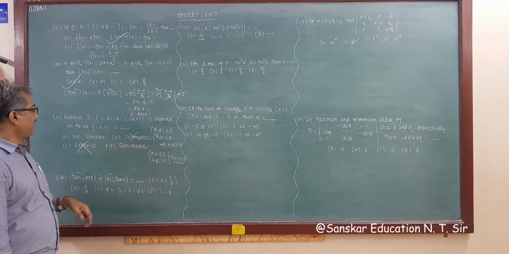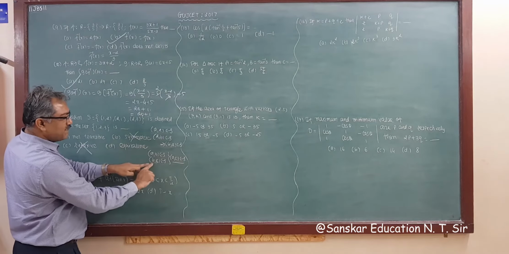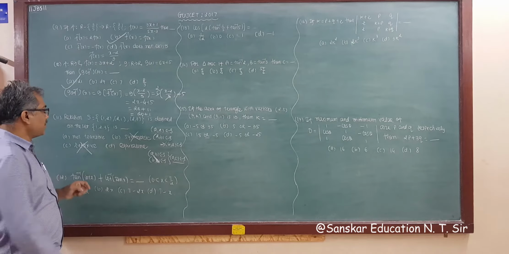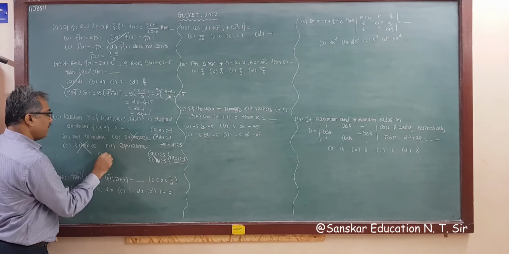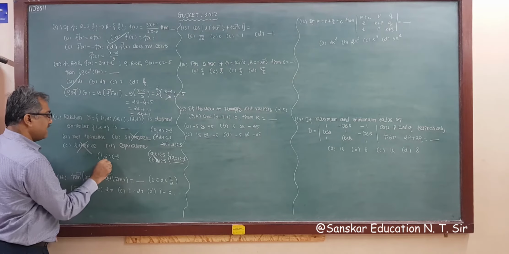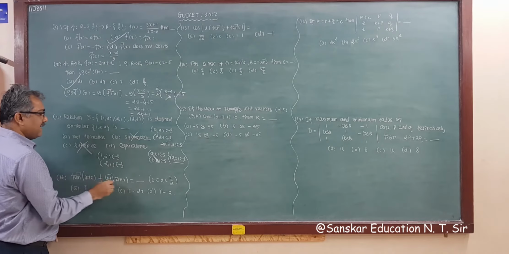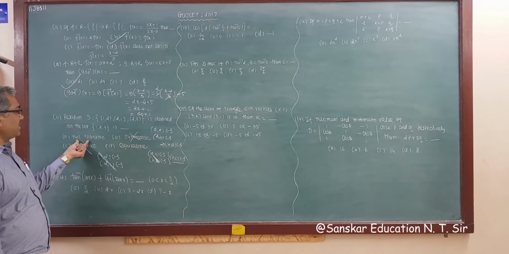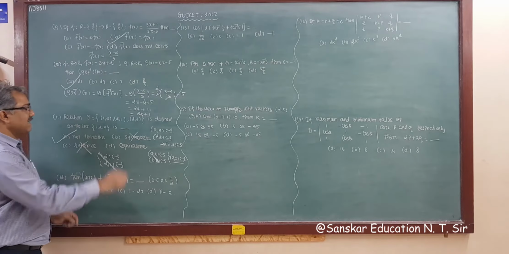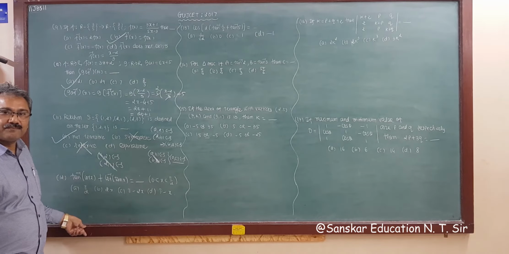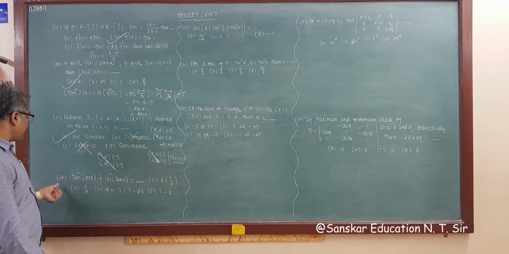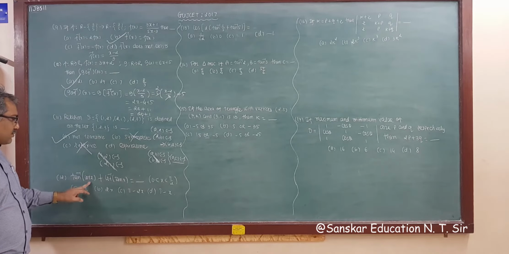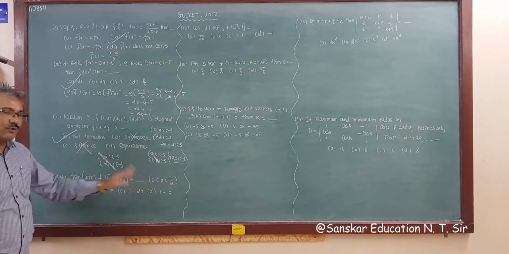Now transitive. If (a, b) belongs to S and (b, c) belongs to S, then (a, c) belongs to S, then it's called transitive. Here (1, 2) belongs to S and (2, 1) belongs to S. Now is (1, 1) in S? No. So this is not transitive. So your correct answer is not transitive. Right? Now the third question, that is question number 12: tan inverse cot x plus cot inverse tan x is equal to blank.